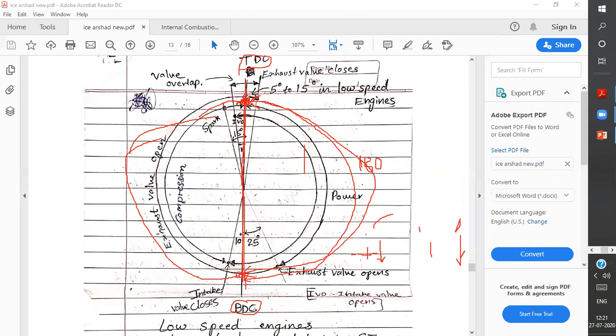Then the spark plug ignites, the air fuel mixture gets burned, the pressure is rising, and because of the rising pressure, the piston moves from TDC to BDC again. In the power stroke, both your inlet and exhaust valves are closed. So what we are assuming in the theoretical cycle is that the intake and exhaust valves are closed during this 180 degree rotation of the crankshaft in the power stroke. But in actual it is different.